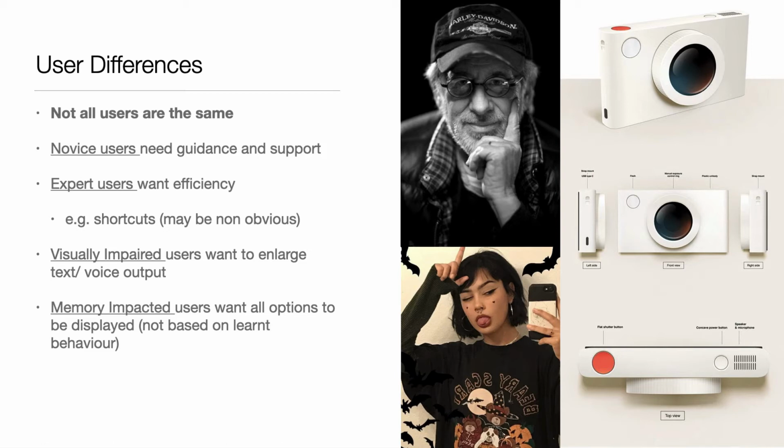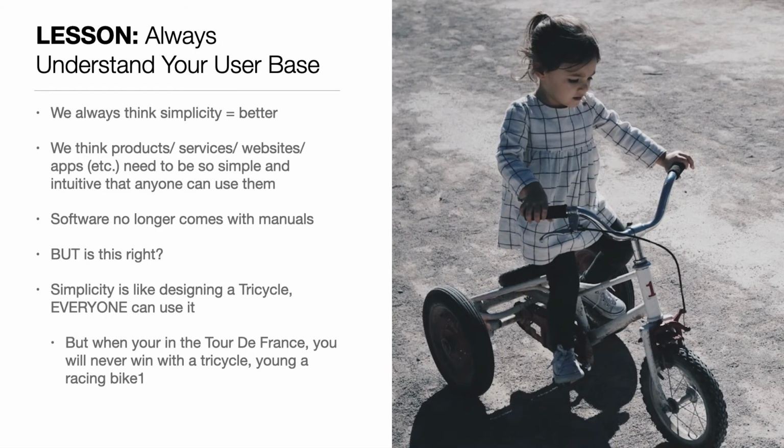There's been a problem, though. In design, we've been rushing as fast as we can towards simplicity. Just think, when was the last time you used a manual? You download some software, download an app. When did you use a manual? You probably didn't. So what we're doing is we're developing tricycles all over the place